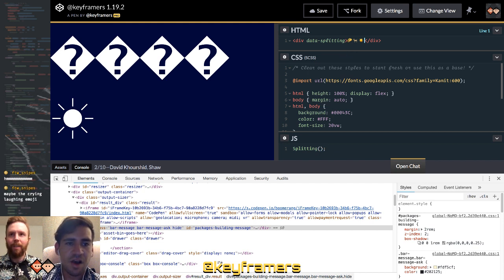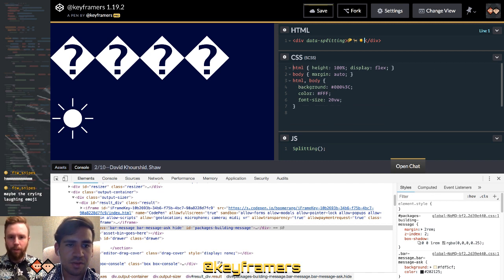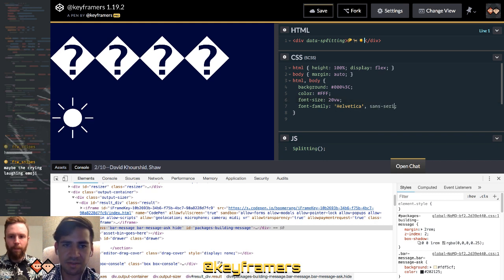This is interesting. Oh, import. Let's see. Let's remove that. Well, what fonts are we using? Because we should probably just use the standard, like Helvetica, sans serif. That is strange because it does work.